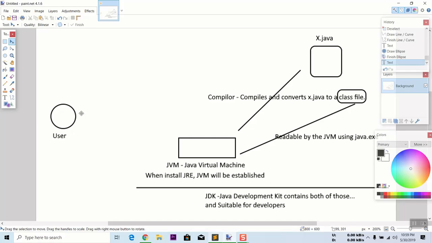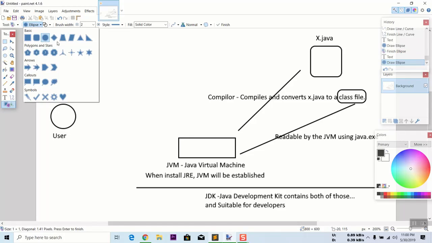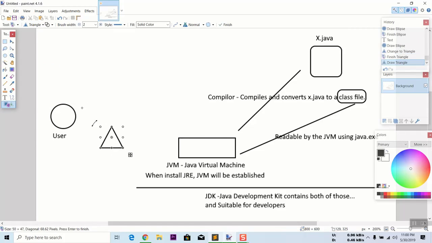Now we have to interact with those Java components to see the results and code Java. That's a basic structure of Java. I'll use this symbol as the CMD,